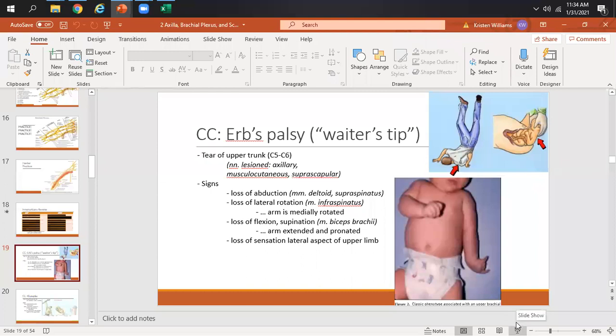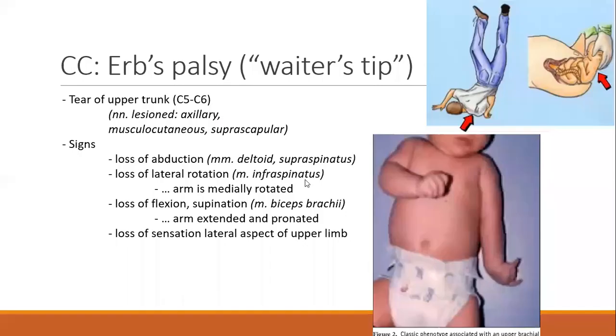So we'll go into that later because I don't think you've gotten into upper limb muscles as much yet. But let's talk about some brachial plexus injuries. When you have a tear of the upper trunk of the brachial plexus, so that's C5 and C6, you end up with what's called Erb-Duchenne palsy. Most commonly, people will say you end up with a waiter's tip. The people that have these injuries, it's where you have this hyperextension of the head and neck to the shoulder. So you see this really extreme angle happening